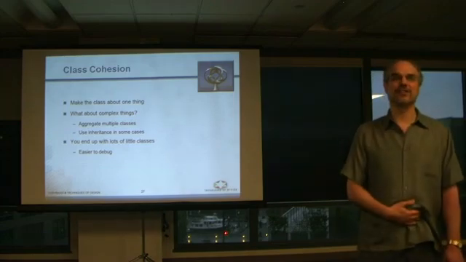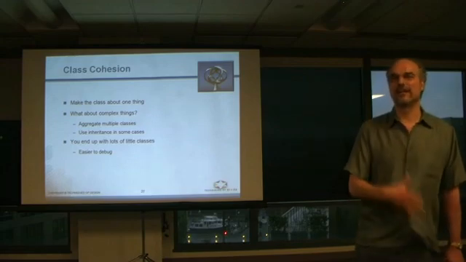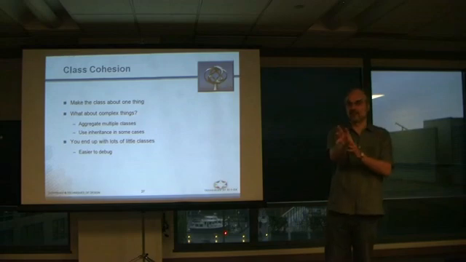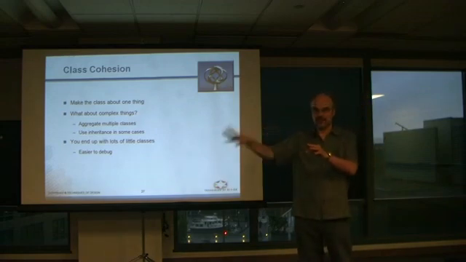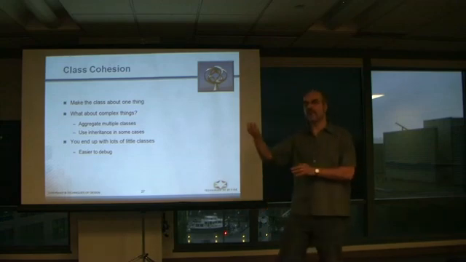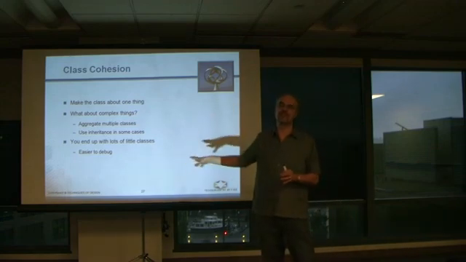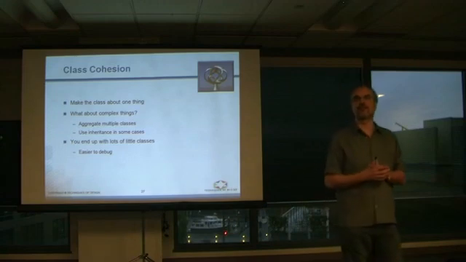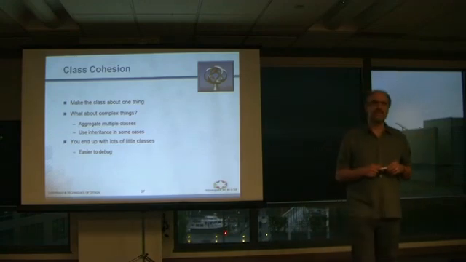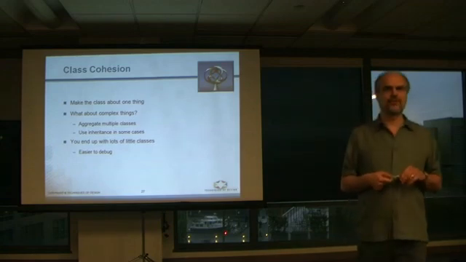Delegation, aggregation, composition. In other words, my person class contains a class that has walking behavior, a class that has eating behavior, et cetera, et cetera. And those might have other composed classes, et cetera, until I get down to very simple. Now, you do end up with lots of little classes as a result.